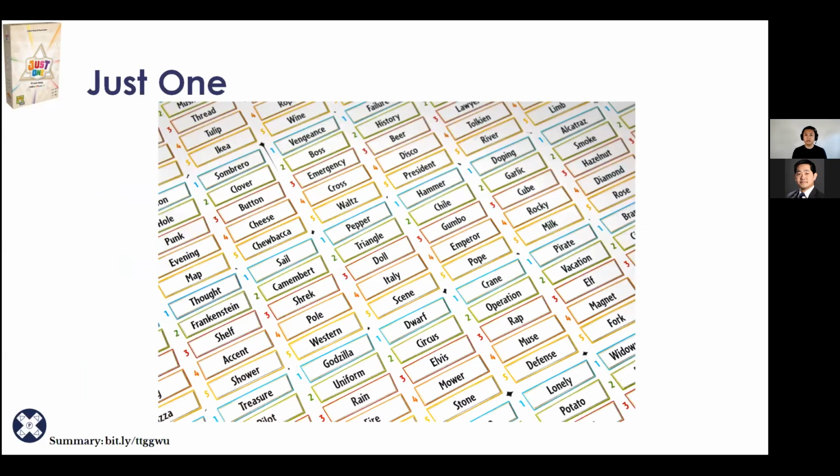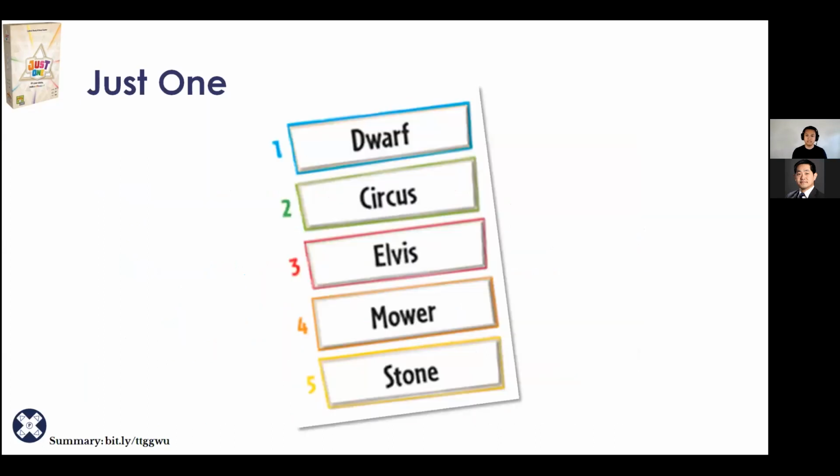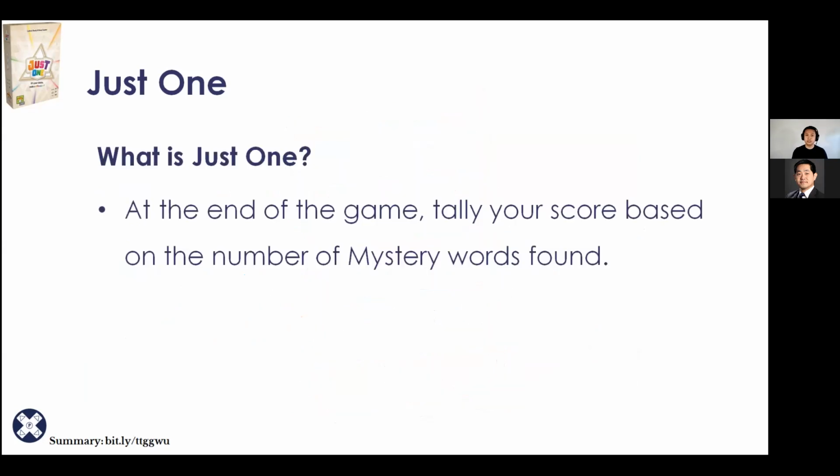So in Just One, you're going to have a big pile of all of these cards, and all of these cards have exactly 5 words in them. So as the active player, usually you'll pick up one of these cards, and then you will show this card to everyone else around the table, people who are not the active player, and then you're just going to say a number, 1, 2, 3, 4, 5. Depending on the number you say, that is going to be the word that your other teammates are going to try to get you to guess. So in this case, let us choose a specific word.